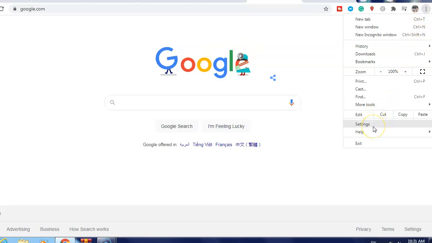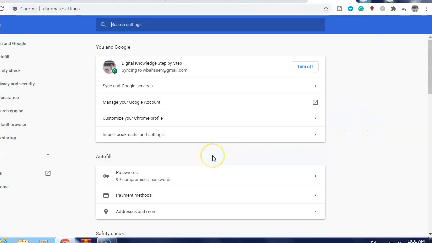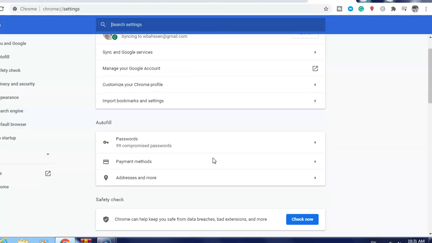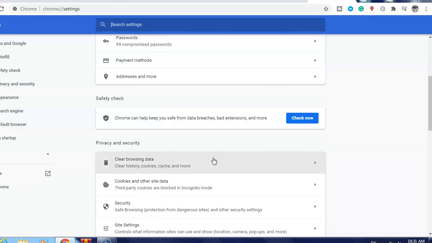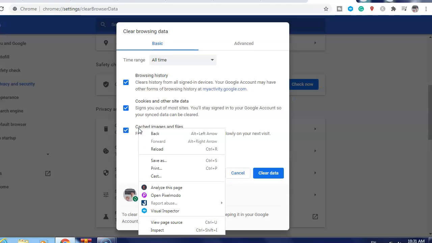After that go to settings and then just scroll down and you see here privacy and security, clear browsing data. Just click here